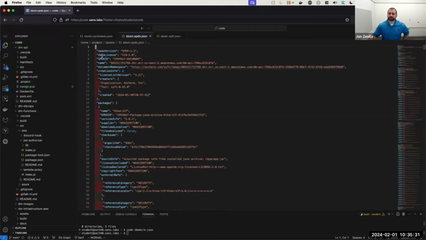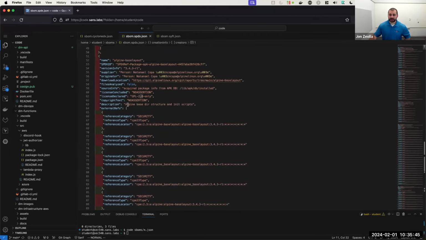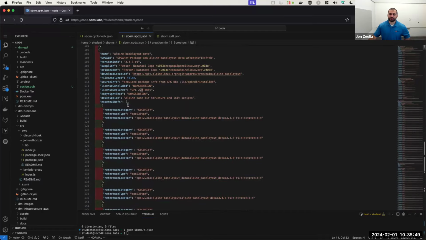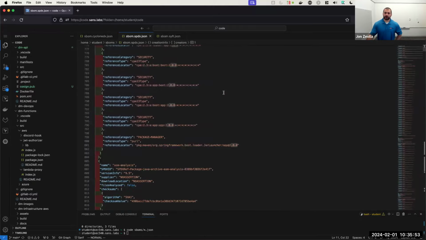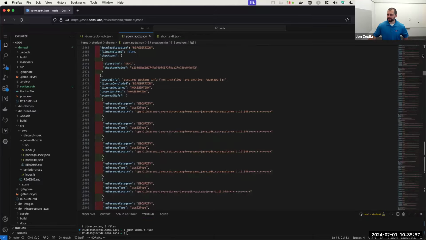So briefly over here in SPDX land, same exact artifact that was scanned, same tool, same version, right? SIFT 0.92.0, but you could see a different format, a little bit more condensed, but the same type of information, right? And you can see this one also very similarly is quite long, quite lengthy.